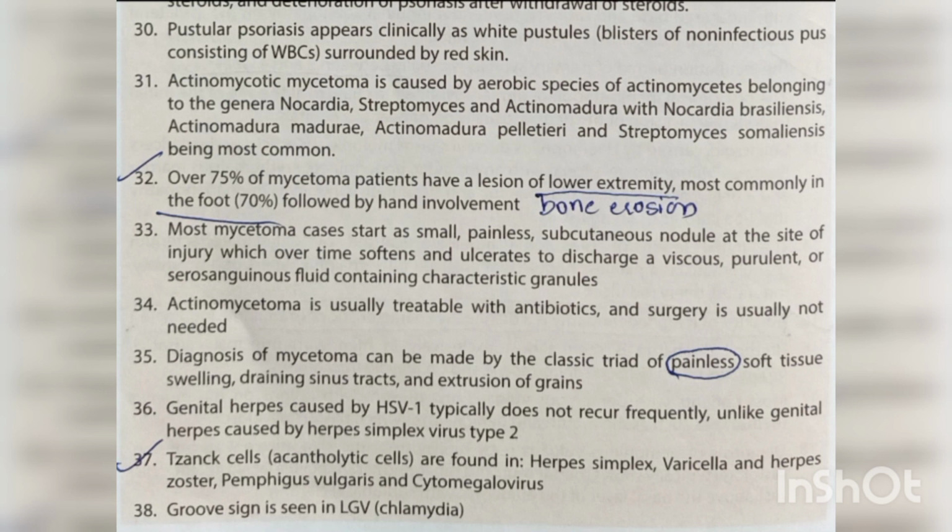Actinomycotic mycetoma is caused by aerobic species of actinomycetes belonging to the genera Nocardia, Streptomyces, and Actinomadura, with Nocardia brasiliensis, Actinomadura madurae, Actinomadura pelletieri, and Streptomyces somaliensis being most common. Over 75% of mycetoma patients have a lesion of the lower extremity, most commonly in the foot, followed by hand